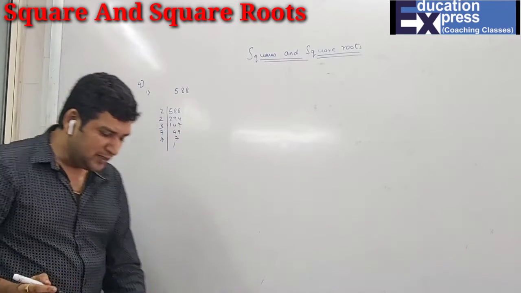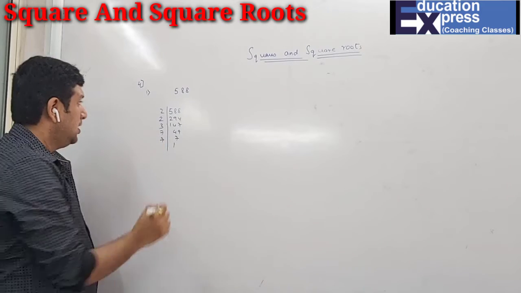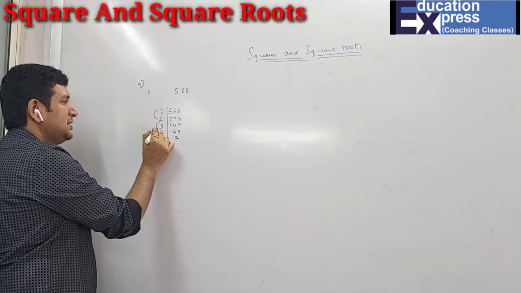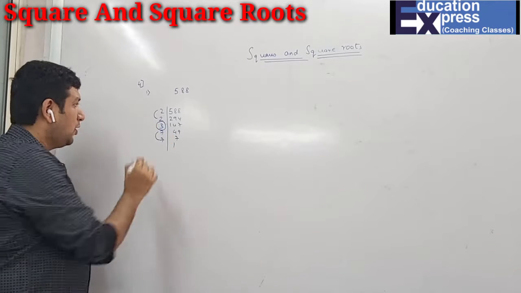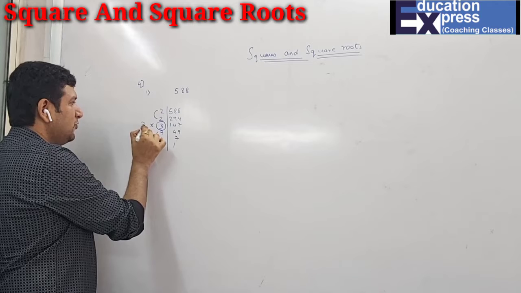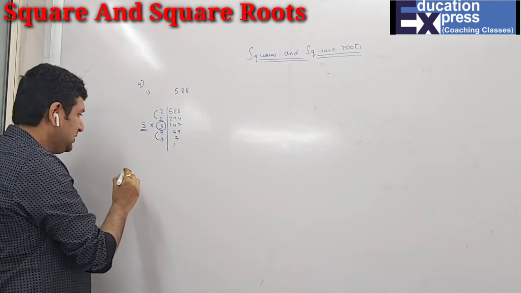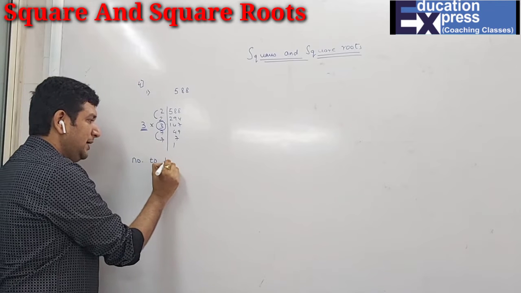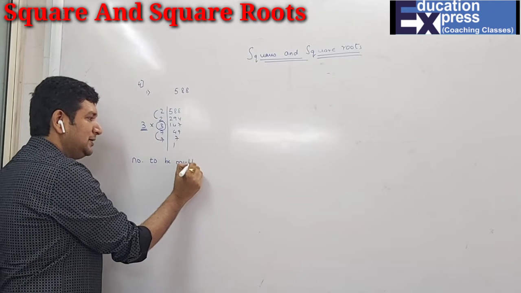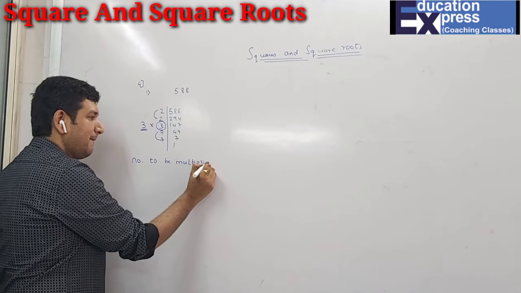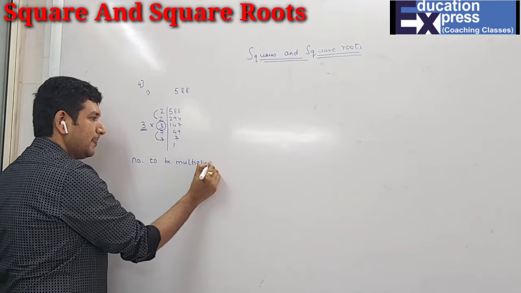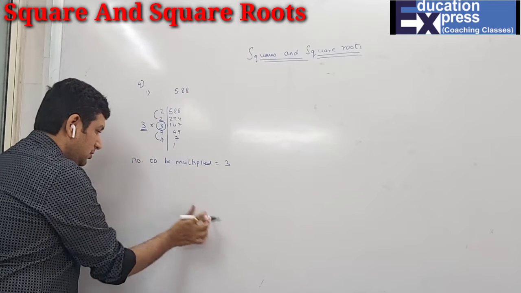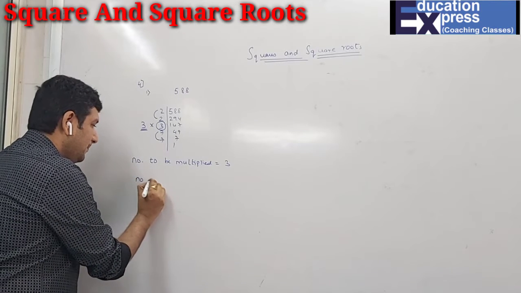So students, you can see over here that this is 2 square, this is 7 square. The number which doesn't have a square is 3. So what do I have to multiply to make it a perfect square? Obviously 3. So first they asked me the number to be multiplied. So the number to be multiplied will be 3. Now the number after